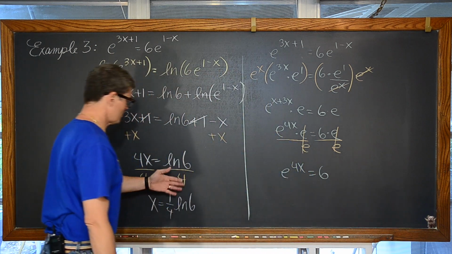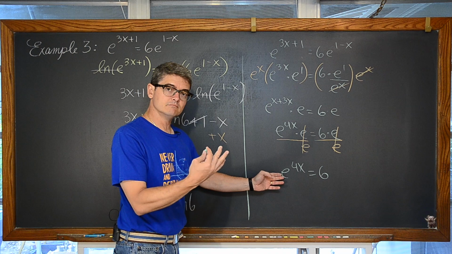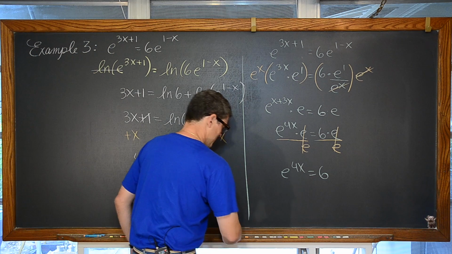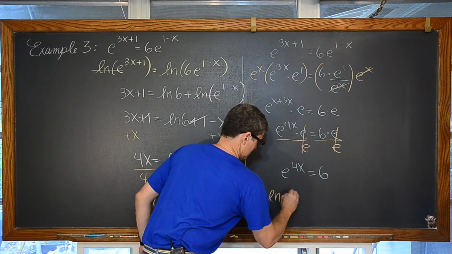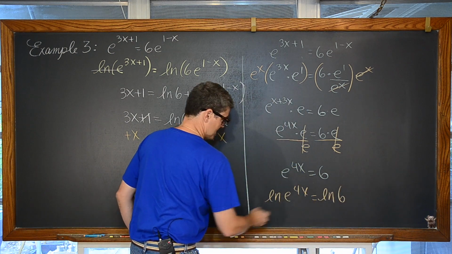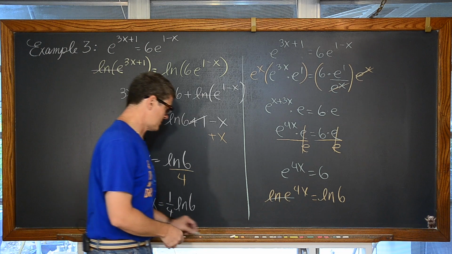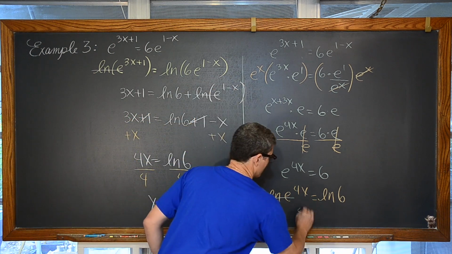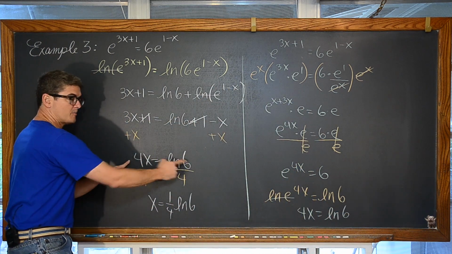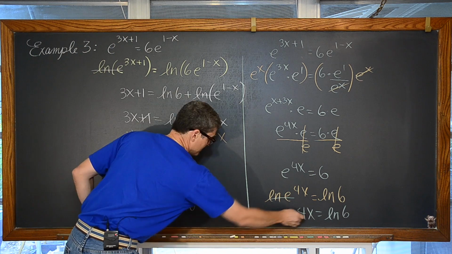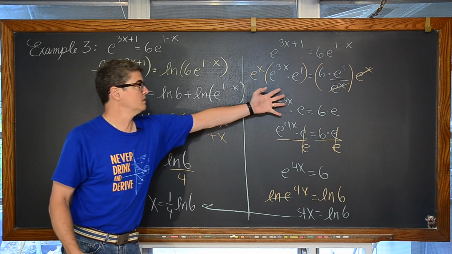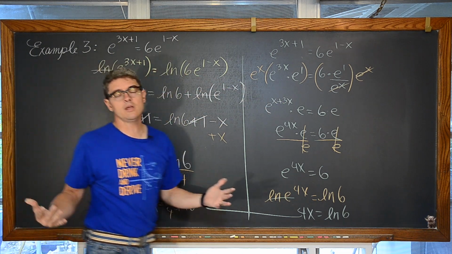And I'm getting really close to where I was over here. How do you undo that natural exponential function? You take the natural log of both sides. So we have the natural log of e to the 4x is equal to the natural log of 6. These inverse math operations one more time undo each other, and you get 4x is equal to the natural log of 6, and I do believe that's what I had up here. You see it starting to tie together, and we get the same answer. So the more skills you have in your toolbox, the more ways you can look at solving these equations.